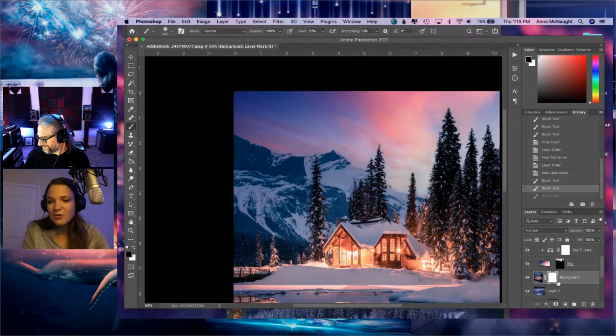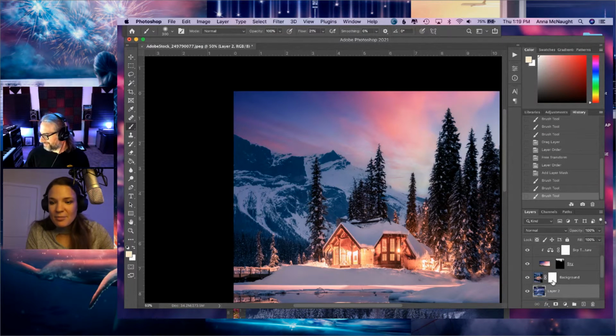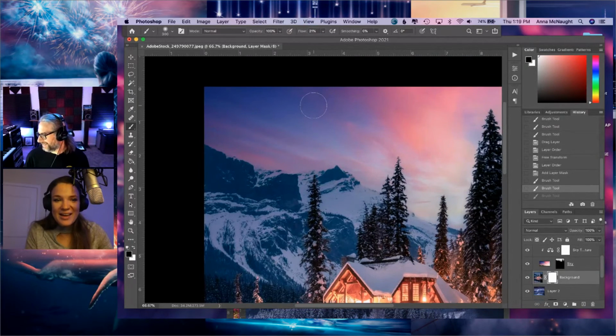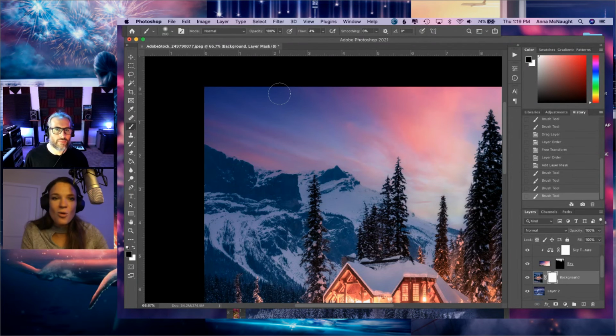So I just moved the star layer back behind our copy that we're working on here. Got to make sure I'm on the right layer. So I added a layer mask, and I'm just going in with a low flow brush. That's one of the techniques I use all the time, never really painting with a flow of 100. I'm always using really low, like 4 to 20%.